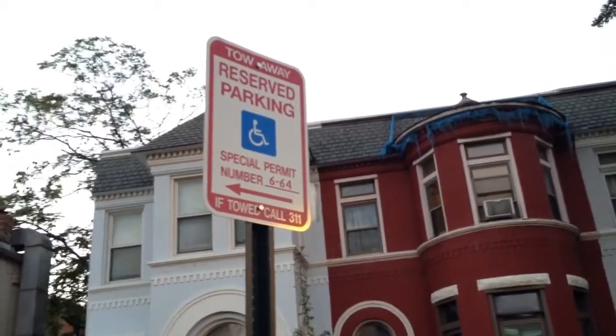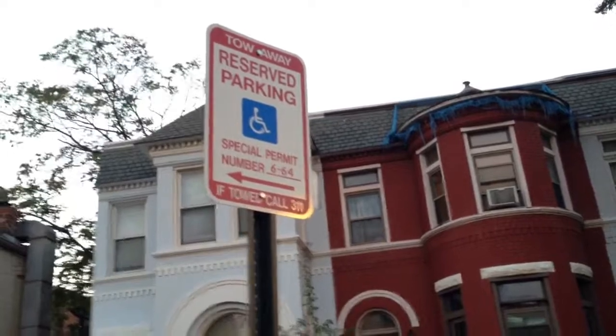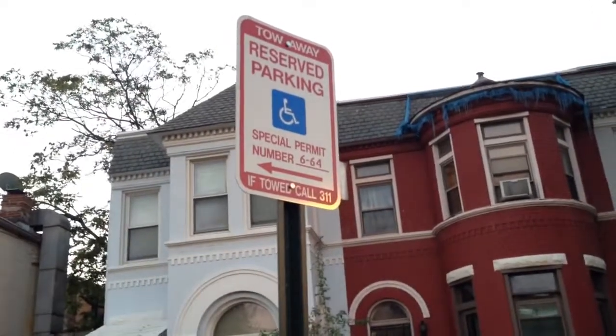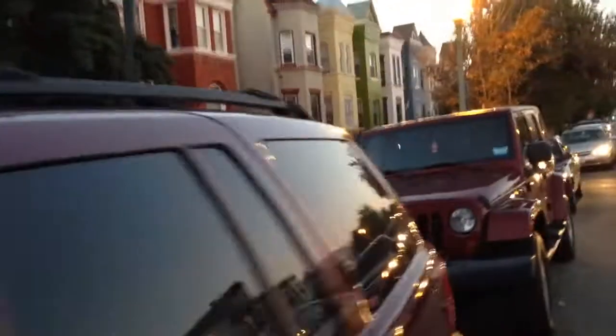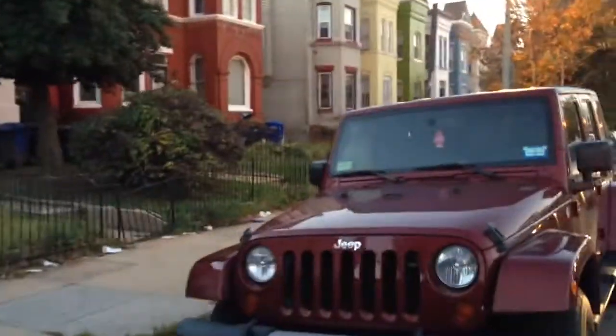Again, as you see here, this sign says to the left of this pole, you can't park unless you're disabled. So this Jeep here can't park without a legitimate handicap placard. And I don't see one, so that driver may be in trouble. In fact, this sign right here will also show you that this spot, where this Jeep is, you have to have a handicap placard. But again, walking back to the sign over here,